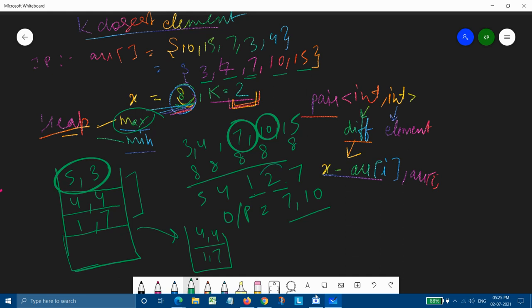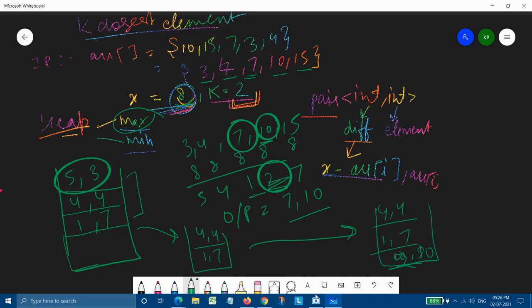Now we come to the next element, which is 10, with difference 2. So now it will be 4, comma 4, 1, comma 7 and 2, comma 10.